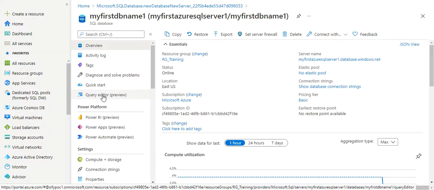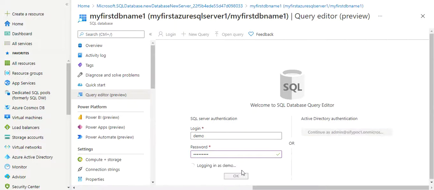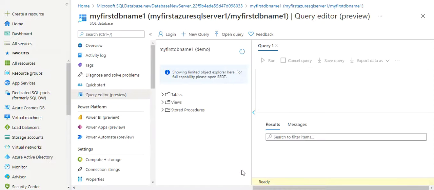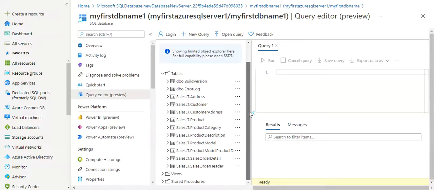Let's click on the Query editor preview, so we will access this database. Now we can access this database. Here we can see all the tables of the sample database are reflecting.